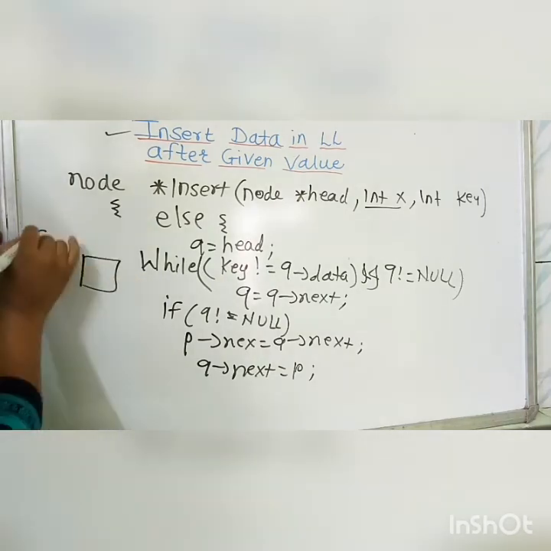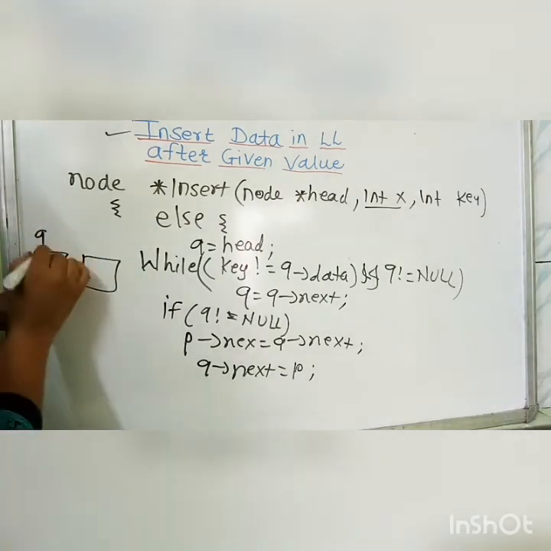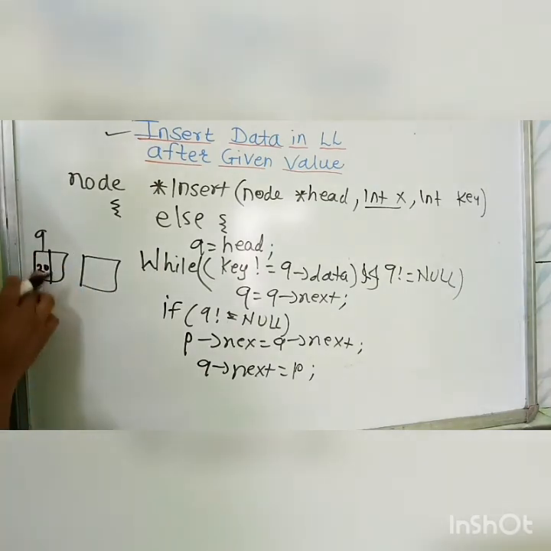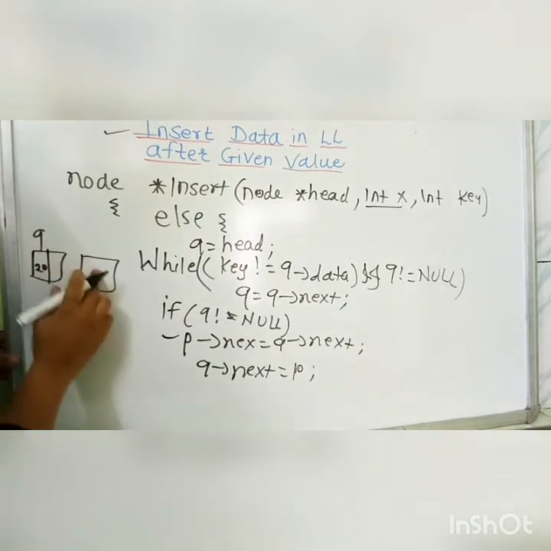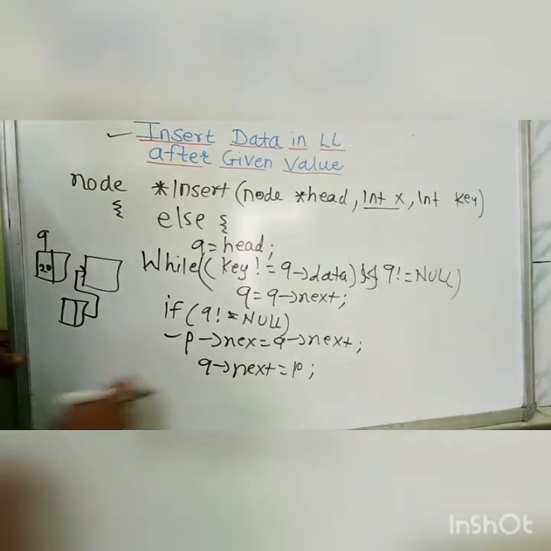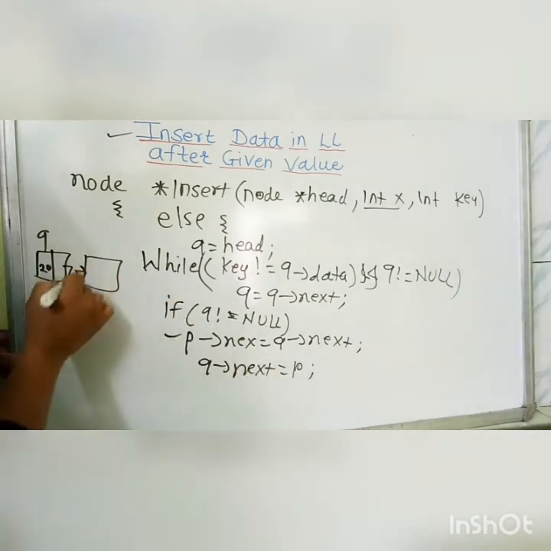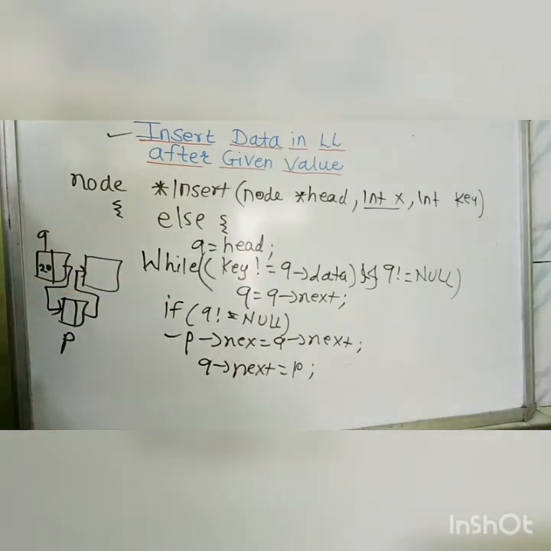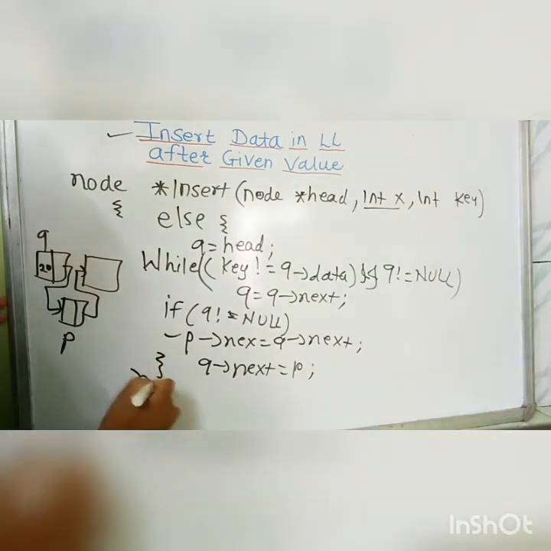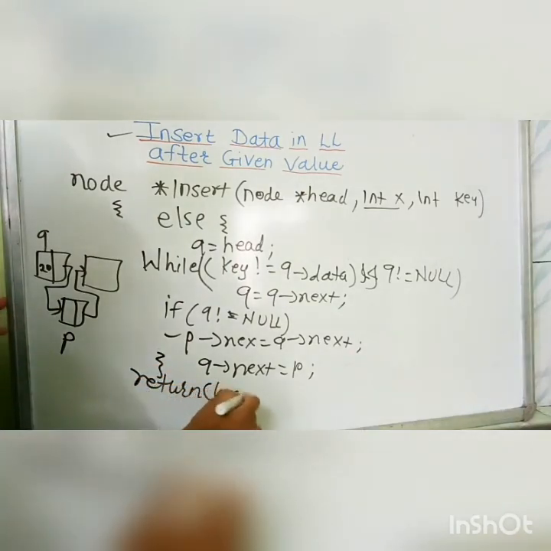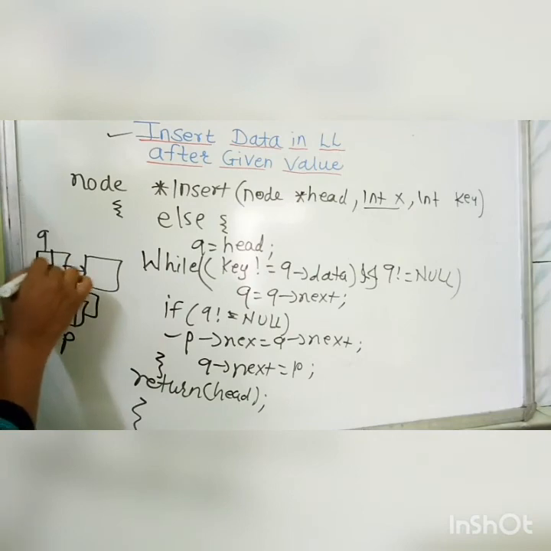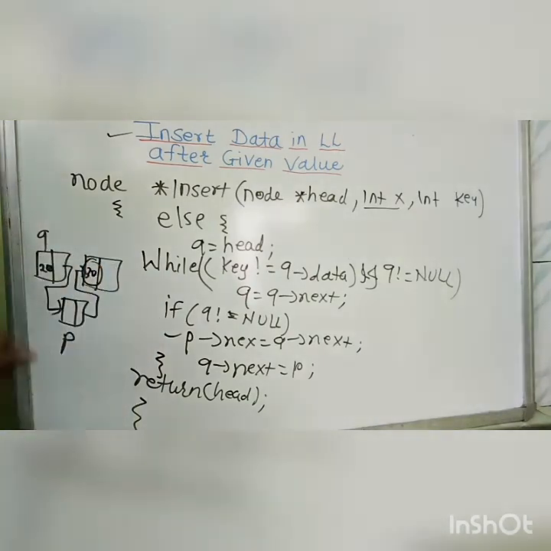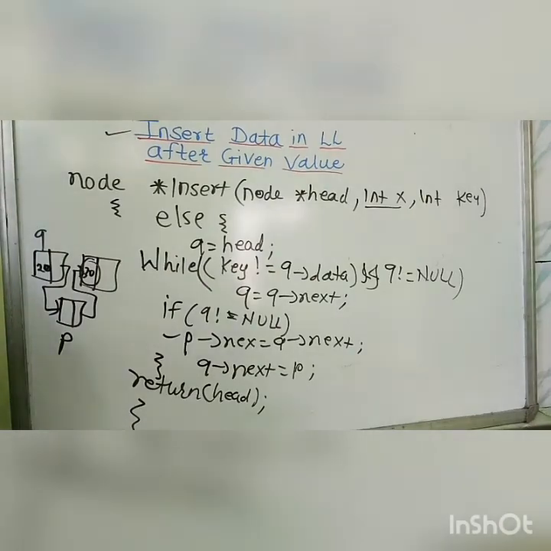means suppose this is the case and this is the q element where we received the key element, suppose it is 20, we have to insert the data after this 20, then we have reached here, so we will follow this procedure: we created the p node and its next is nothing but q pointer next, means we will attach like this, and q pointer next is nothing but the p node. So this is the procedure for how to insert any node after a given value. Here we are not dealing with the position but we are dealing with the values of data elements, after which value we have to insert the elements.